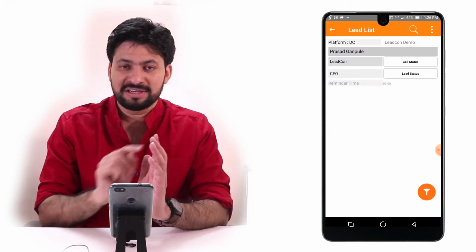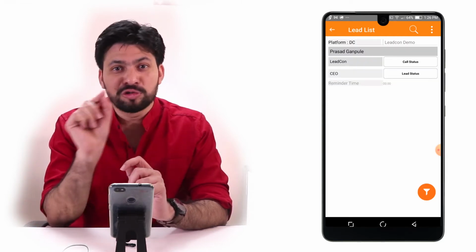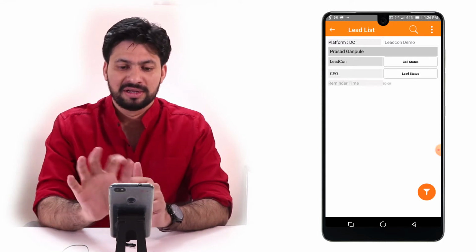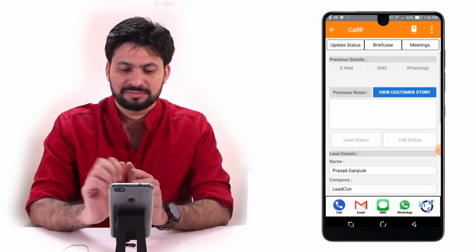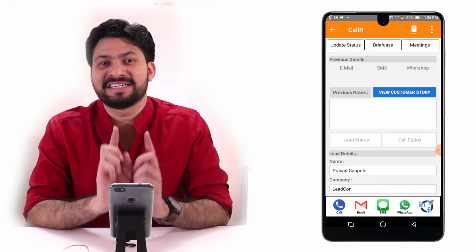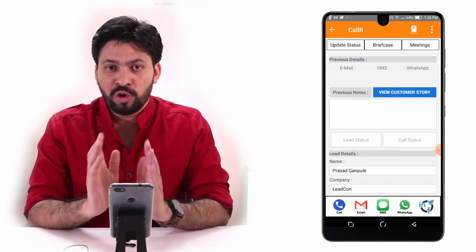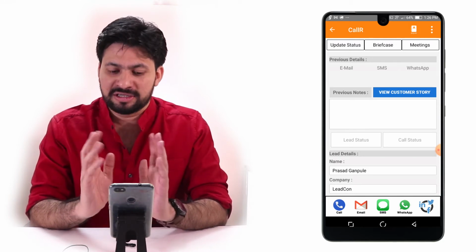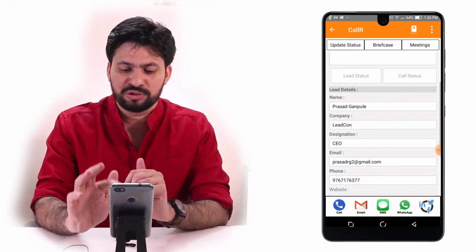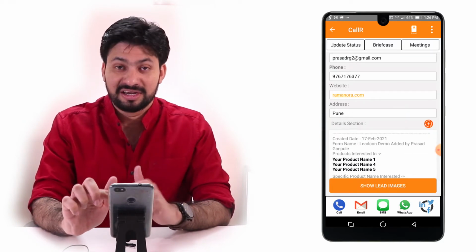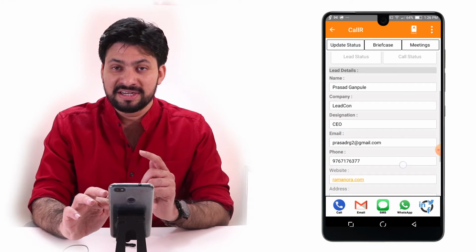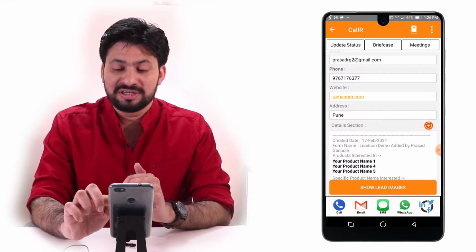and now you can see the page is loaded, and you should be able to see your own name on the top. Click on your name, and now you are on the lead's detail page. To know how this lead came in or the details of this lead, if you just scroll up, you can see all the details that we had filled there are now available here. Right from their personal details all the way up to the details section.